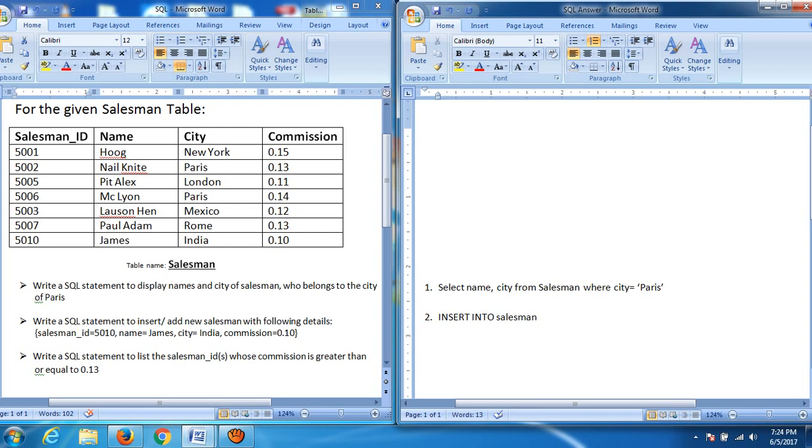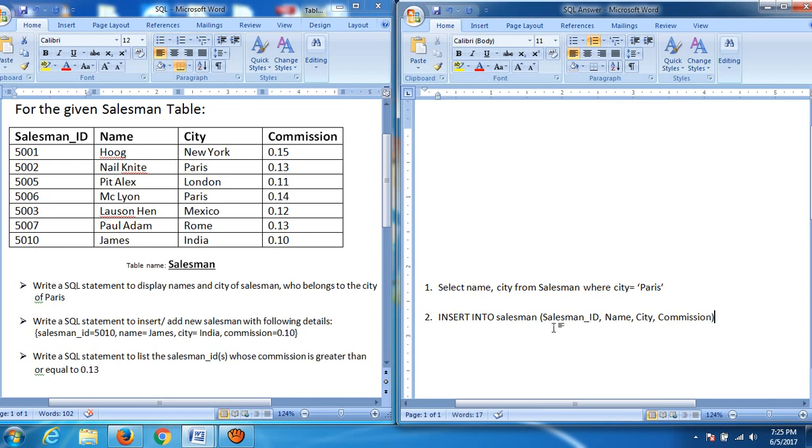In brackets, we have to write down the field names, that is salesman ID, comma, name, comma, city, comma, commission.